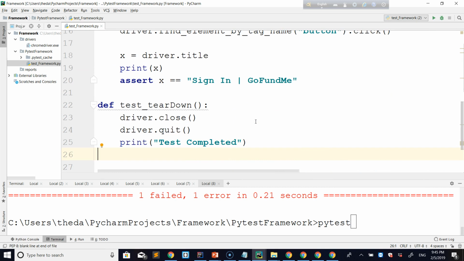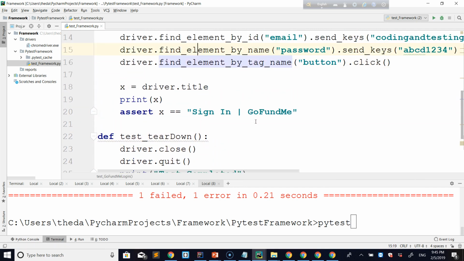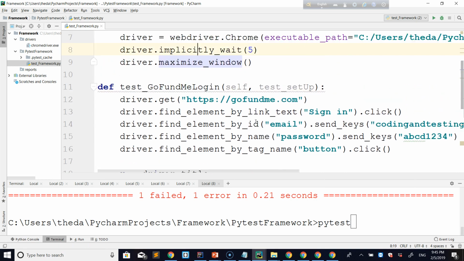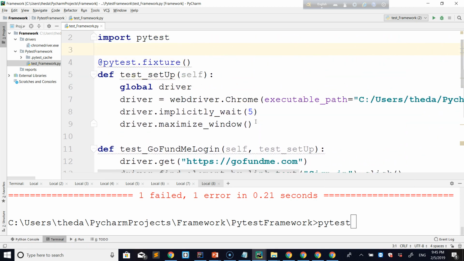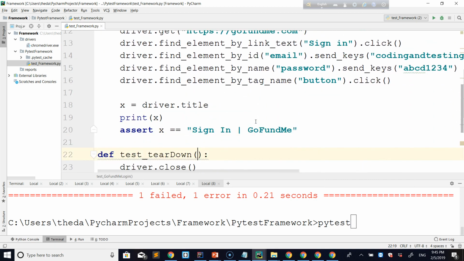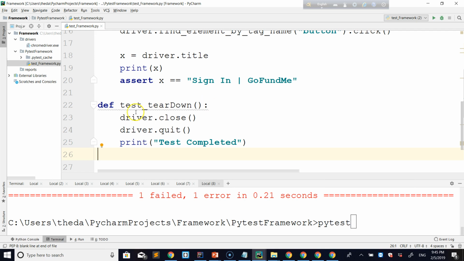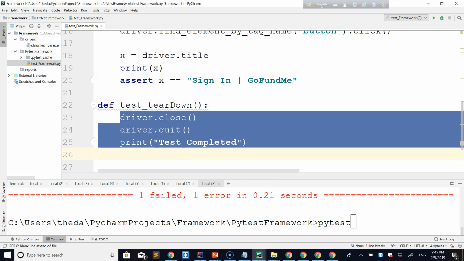Say driver is not defined. It is because we are not yet completed with our framework. In Pytest, we don't have a teardown method, so what we have to do is copy it and just